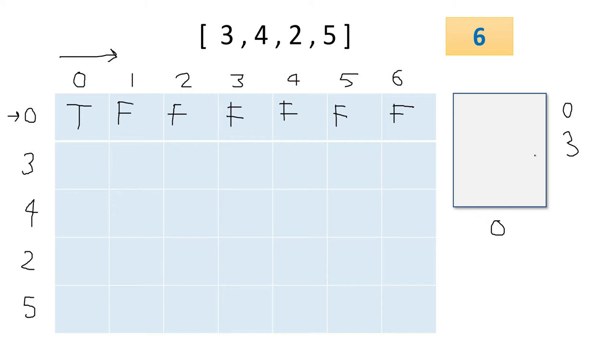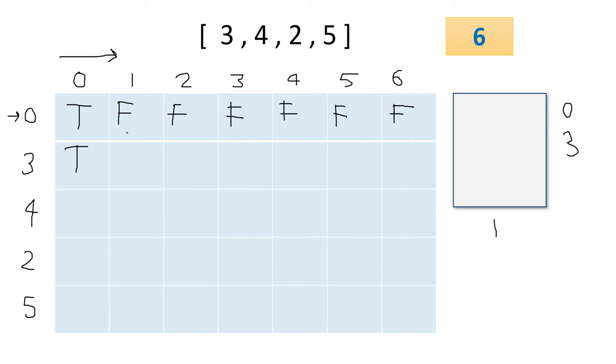0 capacity we can obviously fill with 0. We need no 3, right? So it will be true. Or a simple thing is, if your above cell is true, simply put true. Because if your above cell is able to fill up, then no need to include yourself there, and obviously it will be true, right? So now we have to check for 1. If our capacity is now 1, we have to check using 0 and 3 we can fill this up or not.